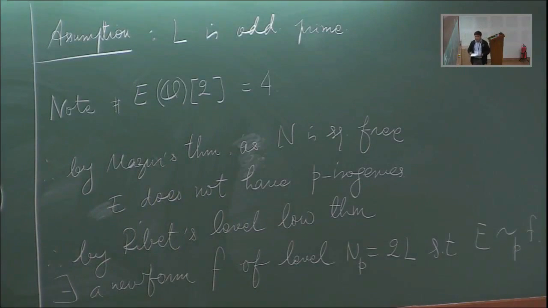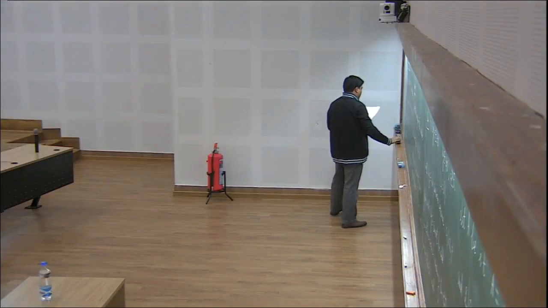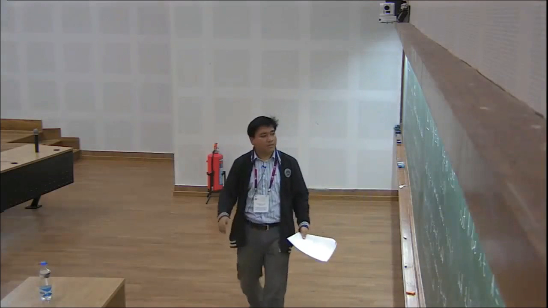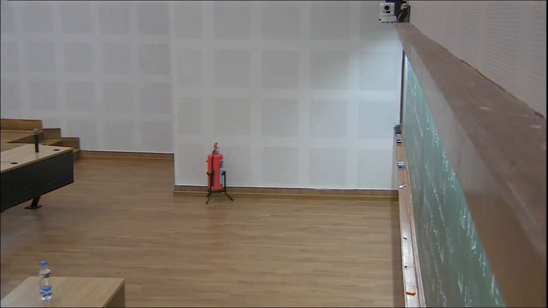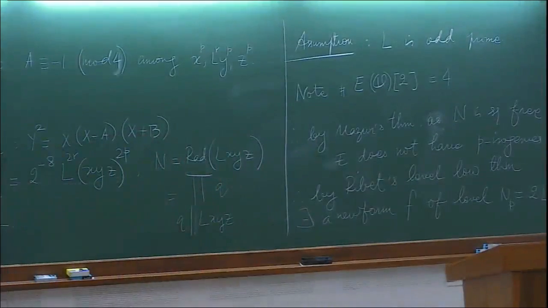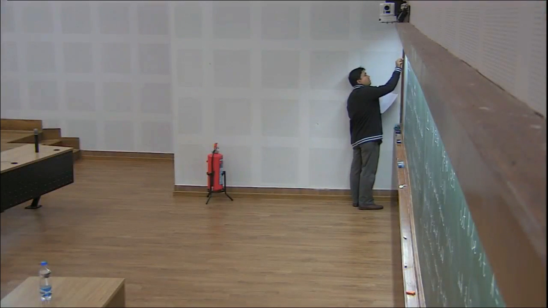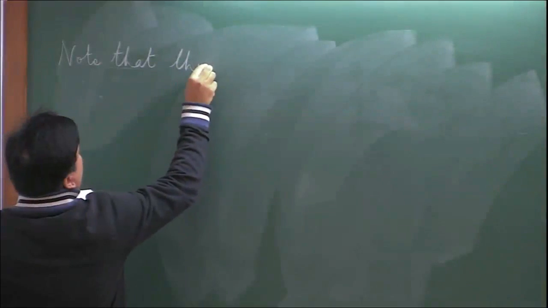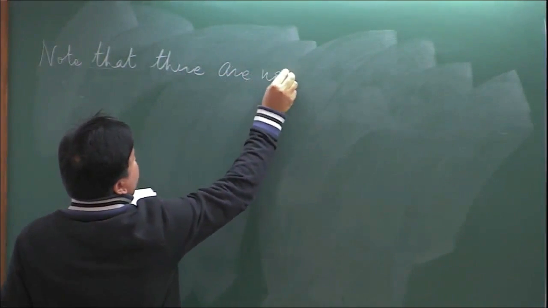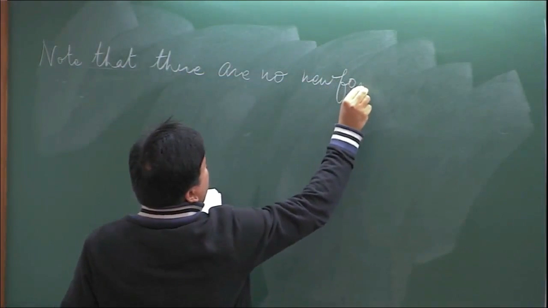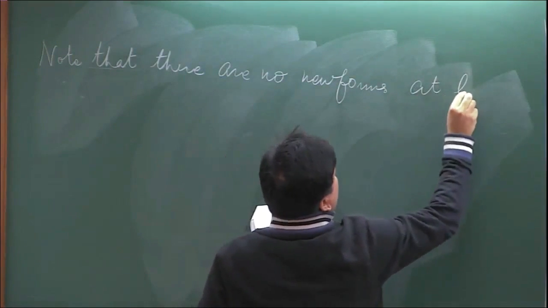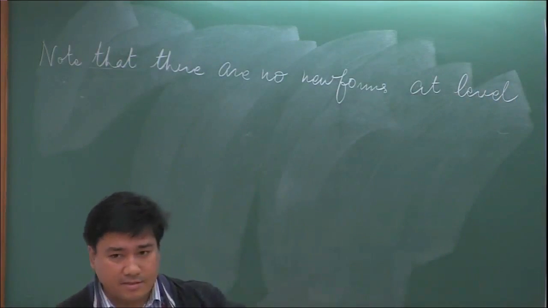Okay, so now let's see where do we have new forms. I'm going to make an observation. Where do I have new forms, at what level? This f is of weight 2. New form f of level np and weight 2. But now you note that there are no new forms